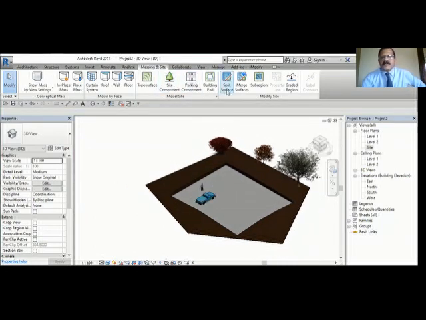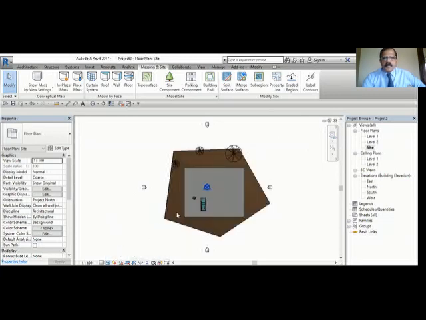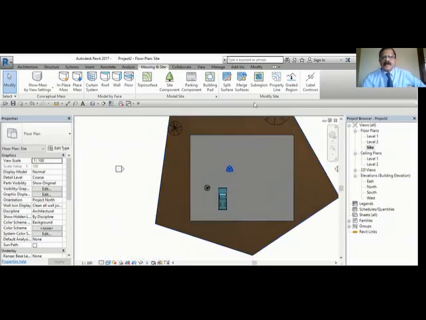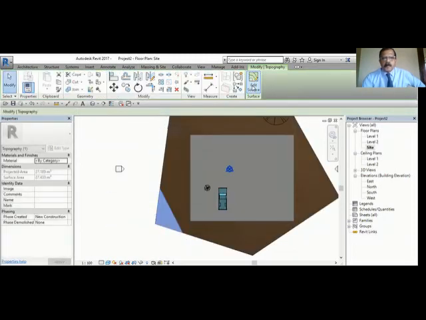There are some more options here. Split surface. Suppose you want to cut a small portion of this one. You can use the split. Select the view you want to cut a small piece from, and cut from here. So you cut this. It's a separate piece now.